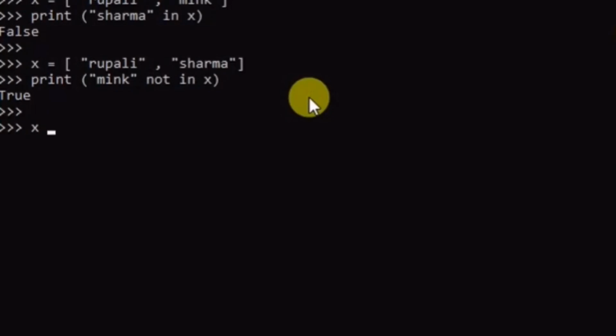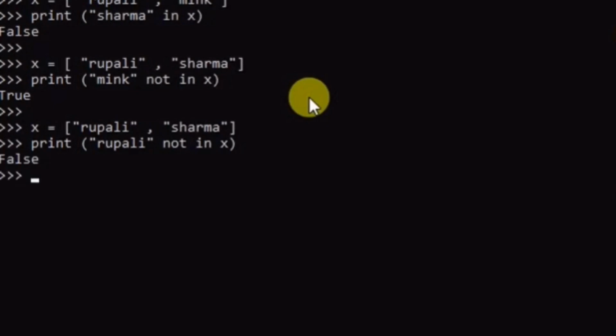Another example of the not in membership operator: X's values are Rupali as the first value and Sharma as the second. Now in the print function I ask if Rupali is not in X. We'll see the output: false, because the name Rupali is present in these variable values.